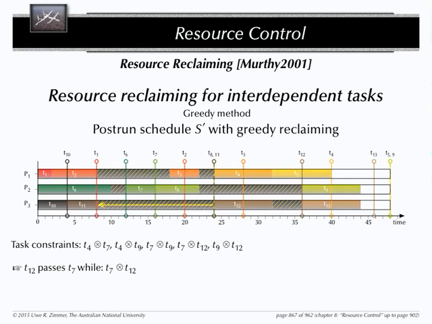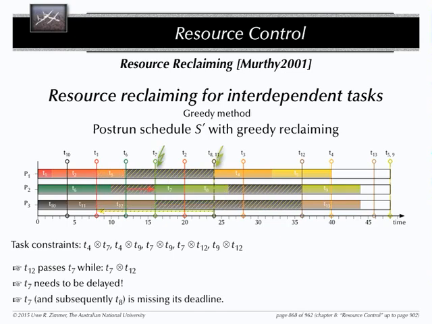Exactly. So the simple strategy, if you have a real-world system, of just starting stuff earlier because you can, is a dangerous concept. And this is called passing in a multi-CPU system, that you have tasks completely passing in relation to the pre-run schedule, and then as a trickle-on effect from that, you're pushing other dependent tasks backwards. That's bad. Okay? And here we have 2 tasks now failing their deadline because task 12 was a bit over-eager and was jumping on an empty idling resource. So, not too great.